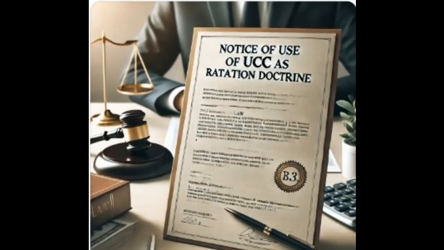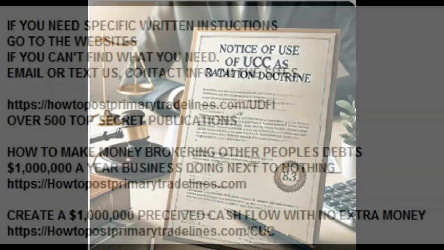Legal considerations and potential challenges. Burden of proof. The party claiming ratification must show clear evidence of acceptance, performance, or reliance. Partial versus full ratification. Courts may recognize partial ratification, binding a party to some terms while excluding others. Revocation limitations. Once ratification occurs, the ability to revoke consent is generally limited or prohibited. Agency and authority issues. If ratification is based on an agent's actions, the principal must have had knowledge of the